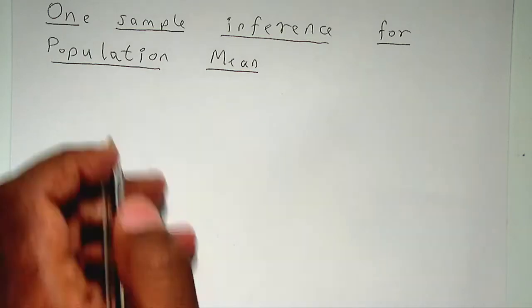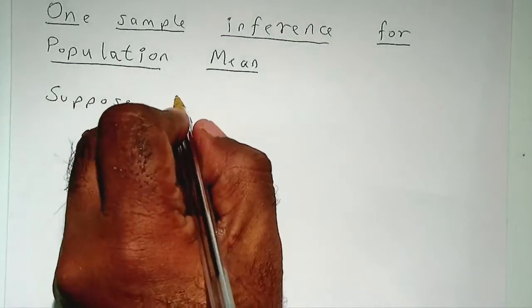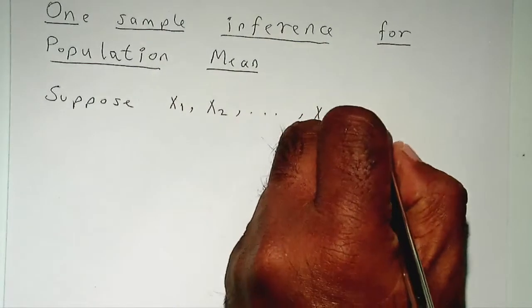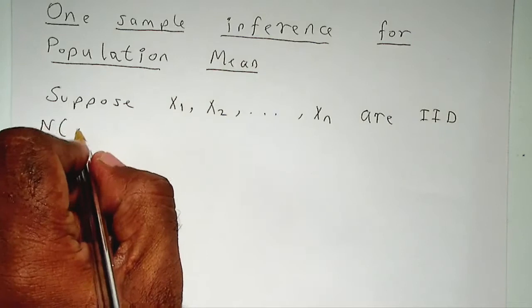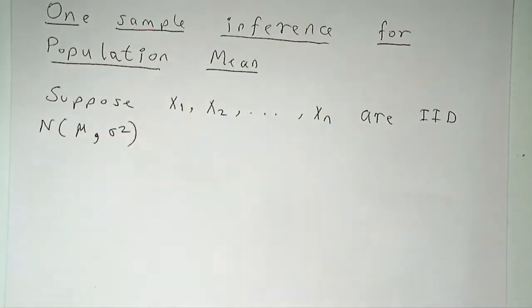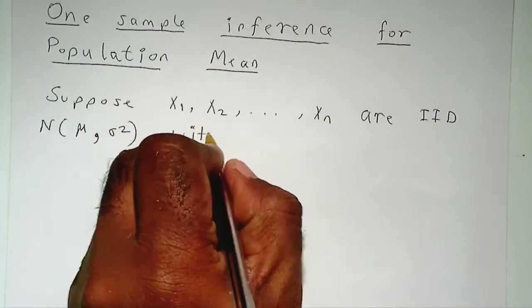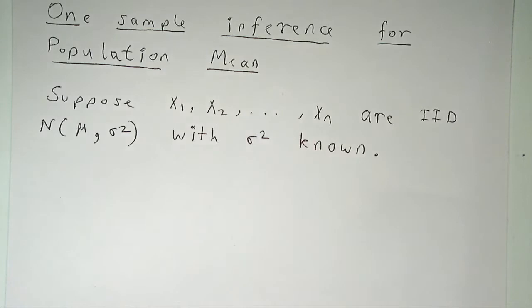Suppose you have a random sample from a normal distribution with these parameters, and assume that the value for sigma squared is known, right? In this case,